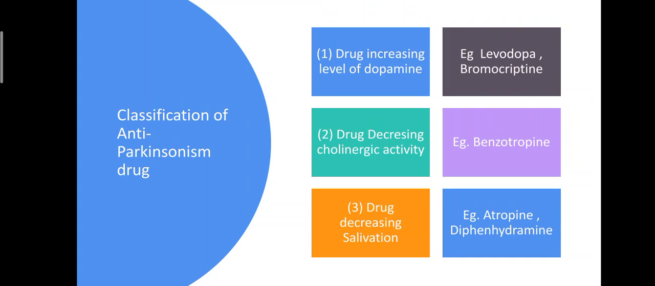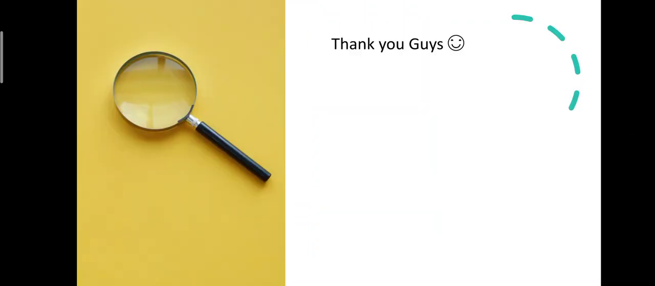Second subtypes, drug decreasing cholinergic activity. Example, benztropine. And drug decreasing salivation. Example is atropine, diphenhydramine. These are the simple three classes of anti-Parkinsonism drug. Thank you guys. These are the simple chapters of pharmacology